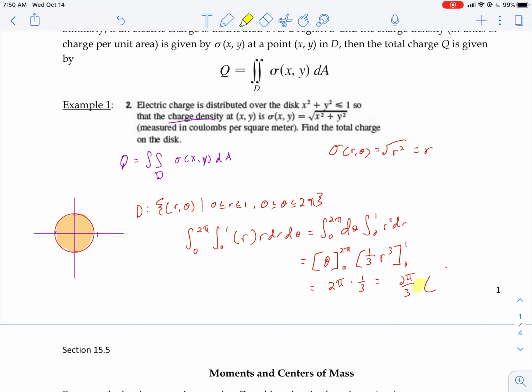Go ahead and highlight that, and we're done. You're going to notice